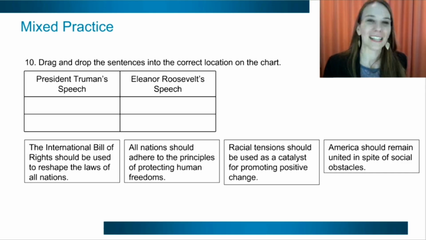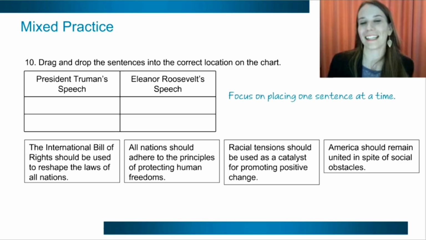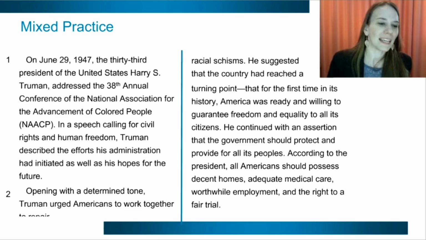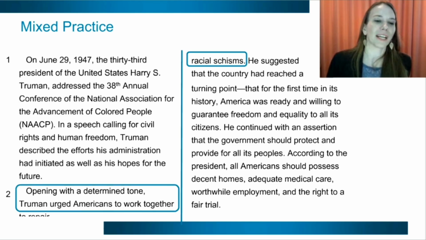And so there's two ways you can approach this particular drag and drop. Either way, you want to be looking one sentence at a time. You can either look back through each individual text and see which sentence comes first, or you can select a sentence and then figure out which one that is and which order it appears in. Let's, in this case, just take a look at Truman's speech and see which of these concepts is mentioned and in which order. So if we go back to Truman's speech, right in the beginning, Truman urges Americans to work